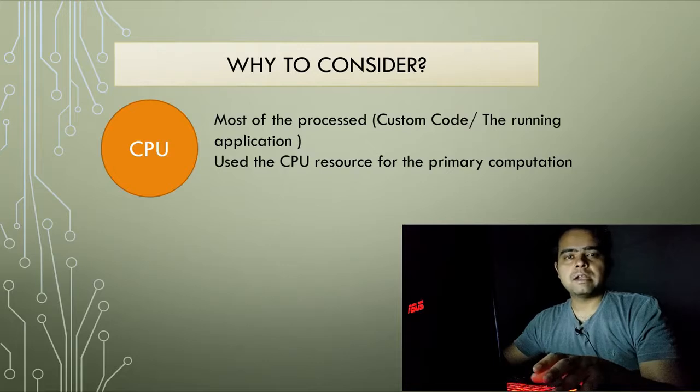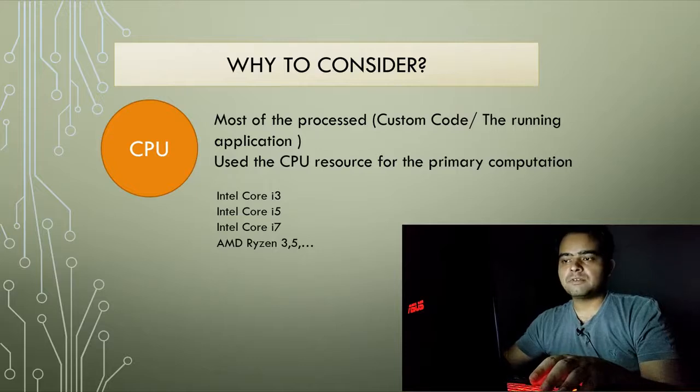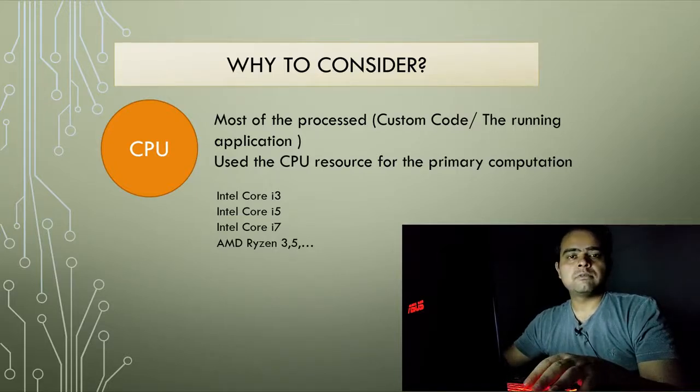Overall, we have a few varieties in the market as of now. You can go with Intel Core i3, i5, i7, or these days AMD is coming up with a new generation processor, that is Ryzen. So Ryzen 3, 5, 7 and so on. Let's take each of these components as per your different budgets. Budget may be the first criterion that you have to consider. If your budget is somewhere between 20 to 35, 40k, you can consider i3. If around 45 to 70k, then you can consider i5. Otherwise, you can consider i7.